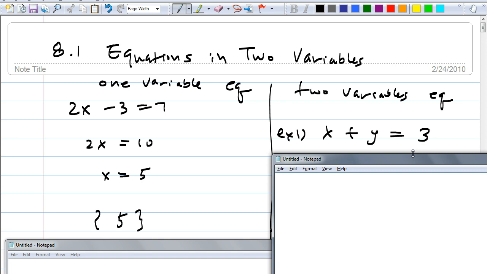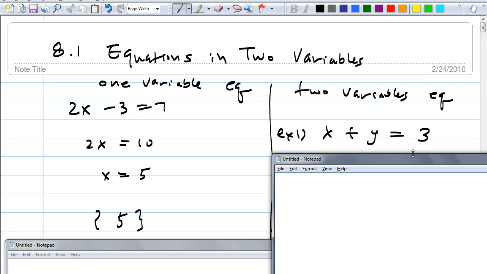So on your homework, they're going to ask you to write 3 solutions or something like that. Let me show you how to do that. Are you ready? Let's see if you remember. They cannot say list all of them because it'll take you forever. There are infinitely many of them. They're going to ask you, give me 3 solutions for this. Some of these you could just think of in your head, like we just did, but if it's not this simple,